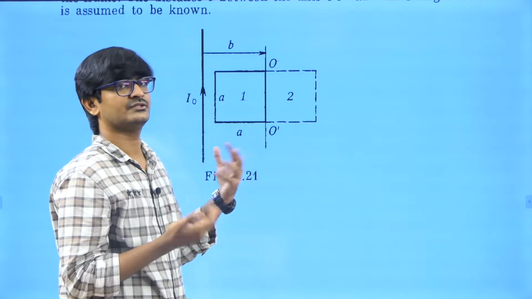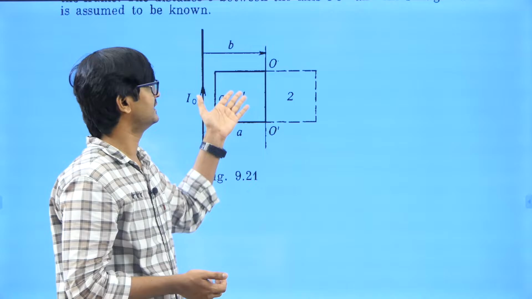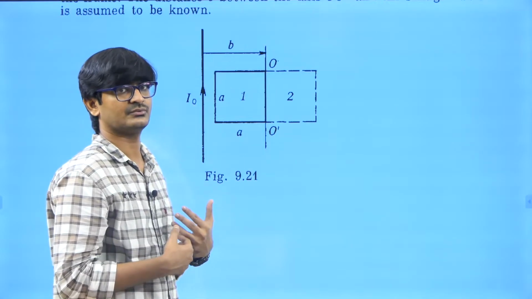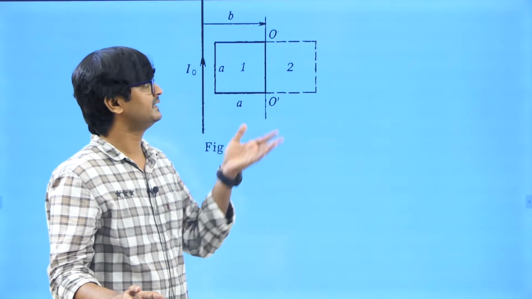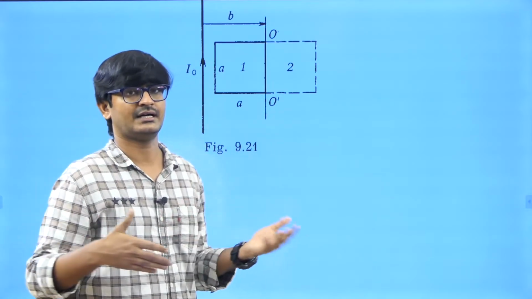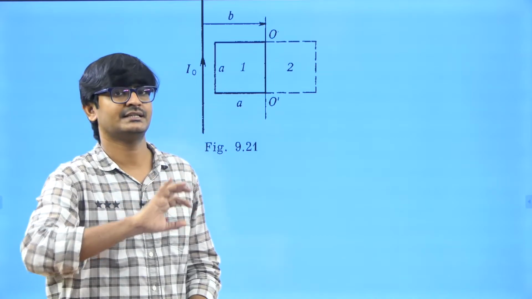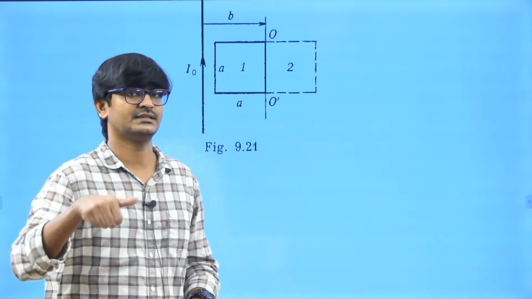If motional EMF tries to drive the current, what will happen? Resistance is there, so it will try to oppose. At the same time there is self-inductance, it will also try to oppose, right? You must be knowing the R and L circuit, how it behaves. Now if something tries to drive the current, its resistance will try to oppose it and its self-inductance will try to oppose it. So the equation looks like